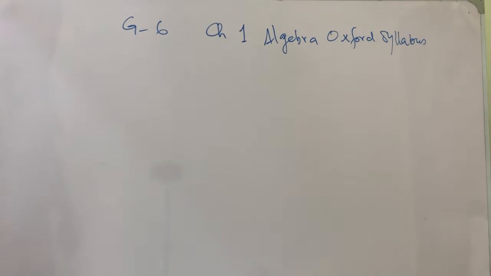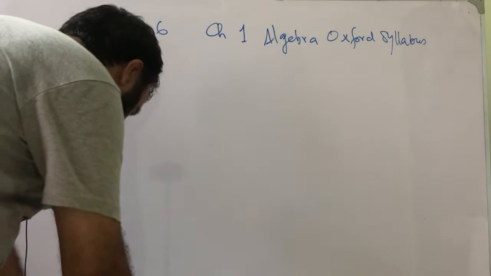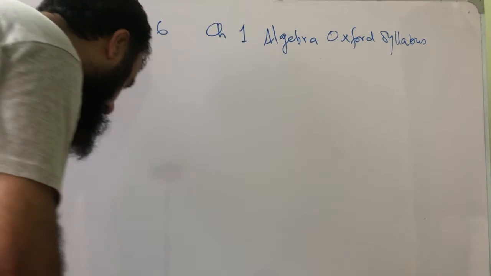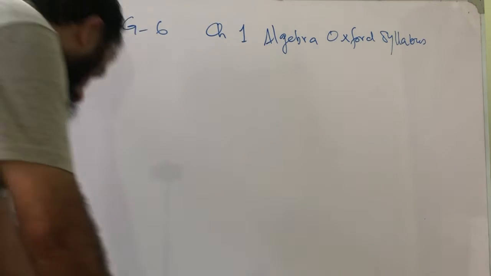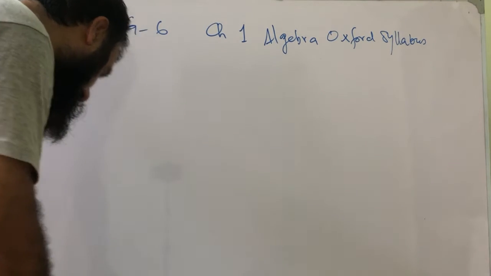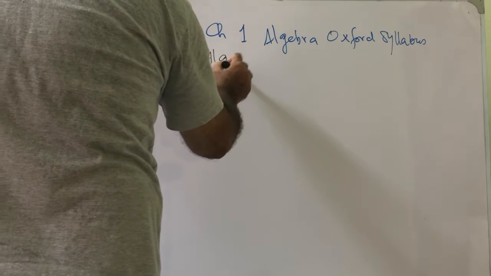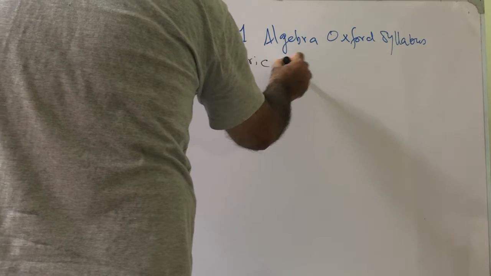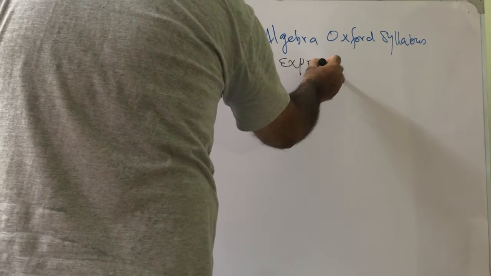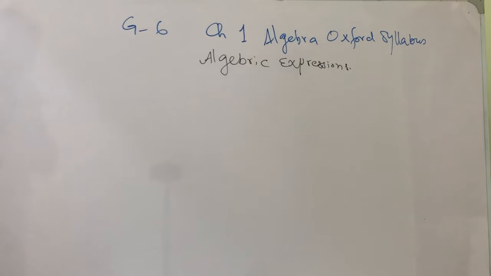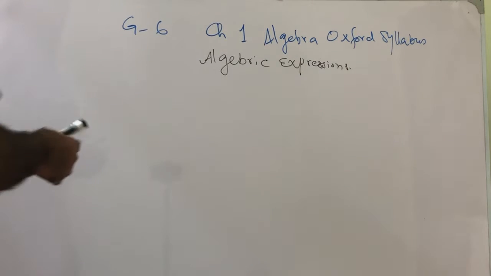Bismillahirrahmanirrahim. Today we'll be starting Algebra, chapter number 1. This is the book Primary Mathematics New Syllabus Oxford, second edition, grade 6. Simplifying and evaluating algebraic expressions. Here what we'll be doing is, first of all, we'll tell you what is the expression and what is